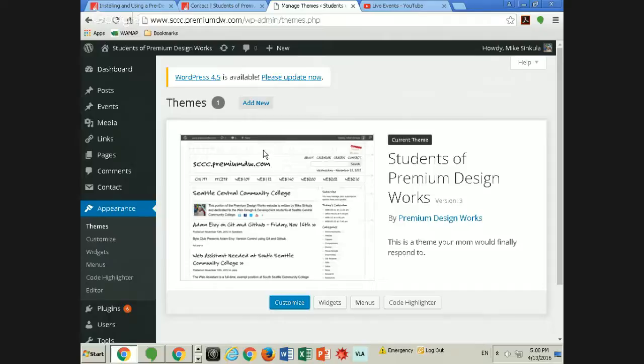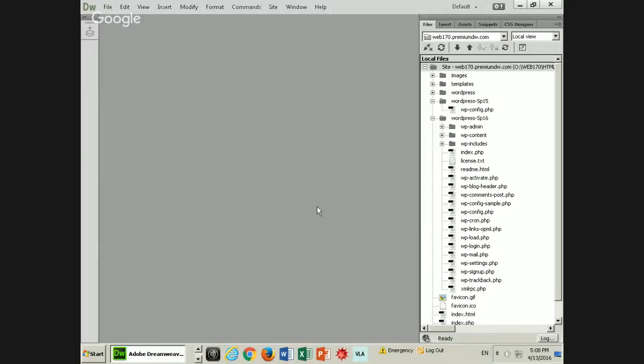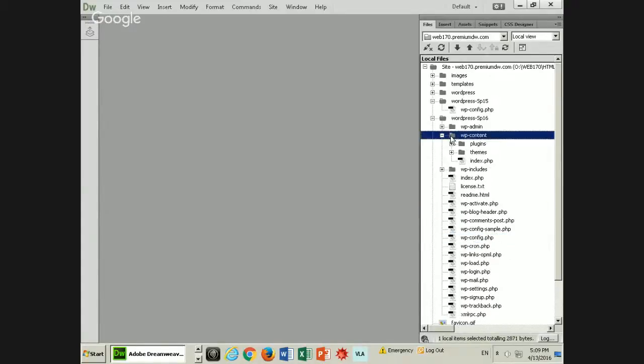But one way, shape, or form, what we are running on is, if I then go to here in Dreamweaver, under the WordPress SP16, excuse me, sorry, coughing. We then, in this WordPress folder, can start seeing a lot of the core files right here. And again, the WP config file is one of those core files. If we then go under the WP content folder,